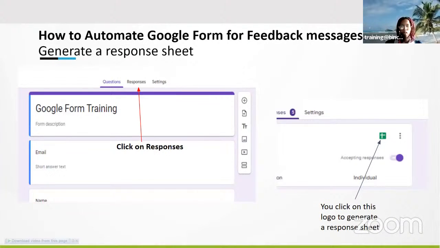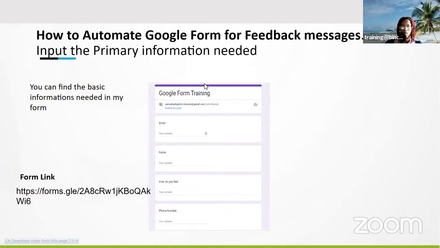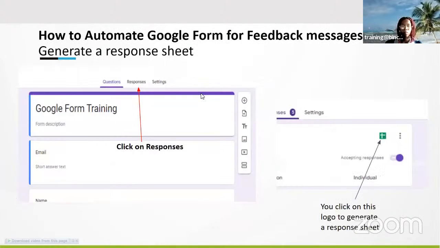And this is how we can then set up our responses, right? You see the form, this is how the form looks like. And then once you go to the edit part of the form, we see options like questions, responses, and then settings.